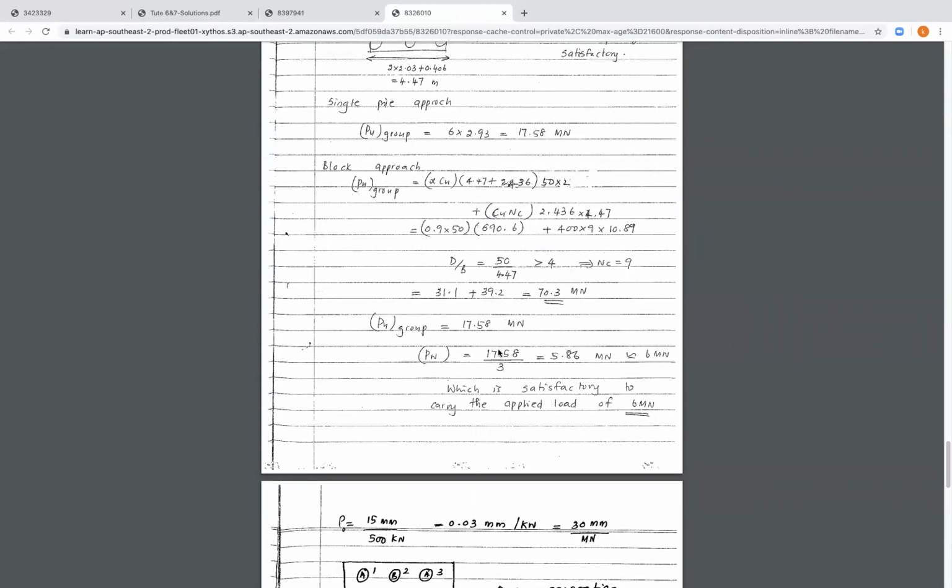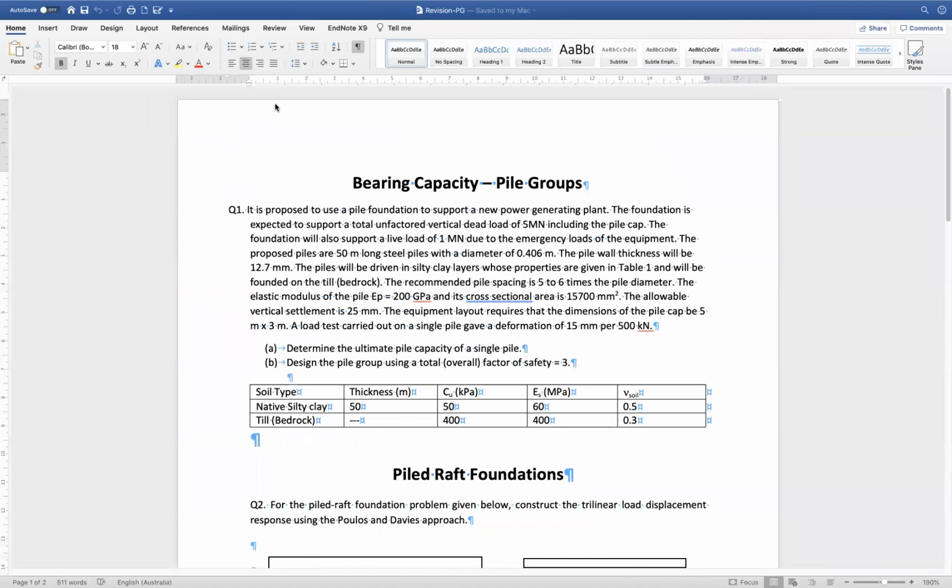Then we need to divide this value, because this is the ultimate bearing capacity of the pile group, 17.58, by the available factor of safety, and that will give us 5.86 meganewton. Approximately, this value is equivalent to the working load, which is 6 meganewton. So we can say that the 6 piles with the factor of safety 3 is satisfactory to carry the applied load, which is 6 meganewton. Okay, so that's for the first question, which is determining the ultimate pile capacity of the single pile